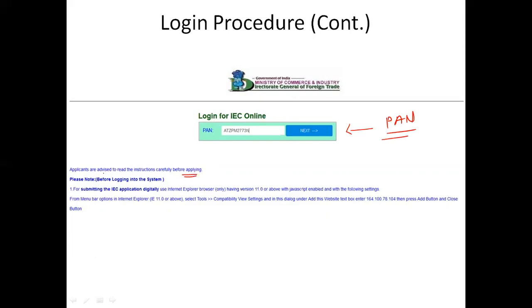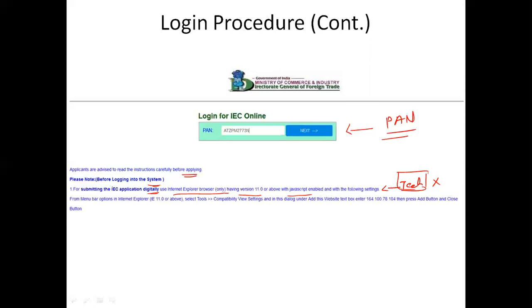Second thing, please note before logging into the system for the IEC application digitally, use only the Internet Explorer browser, version 11 and above, with JavaScript. So just take care of this technical aspect. Nowadays this is not a bigger issue for applying for IEC. This is just a technical suggestion given by the DGFT website.